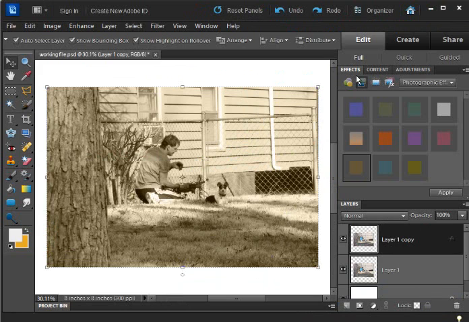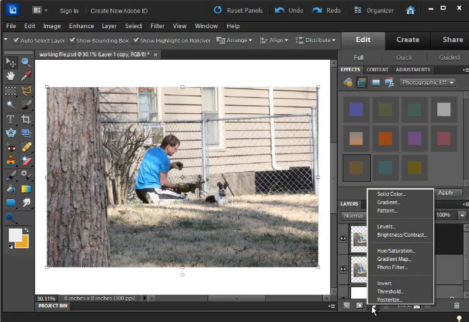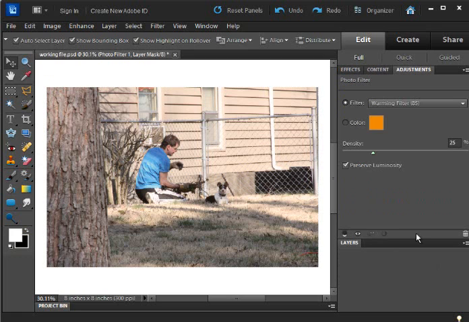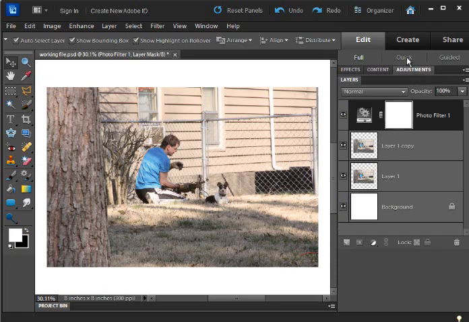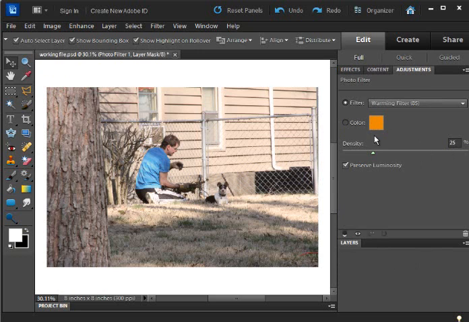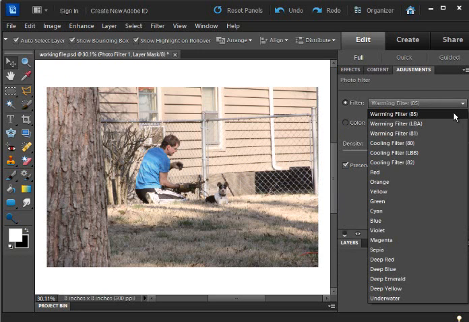So let's hit undo. If we go to the new adjustment layer and photo filter, you're going to see this pop up. And in the drop down, you're going to see warming colors, cooling colors, and a variety of other defaults in here. But the reason why we have warming and cooling is that most of the time, if you don't get your white balance right,